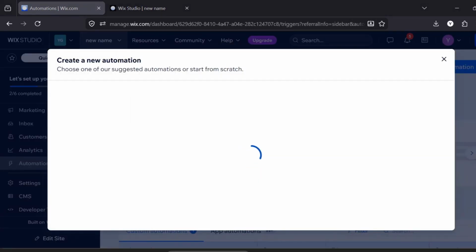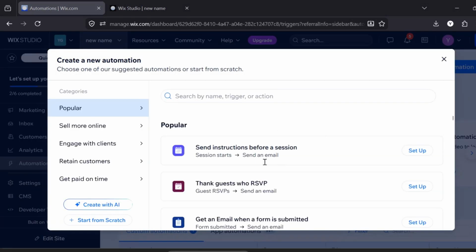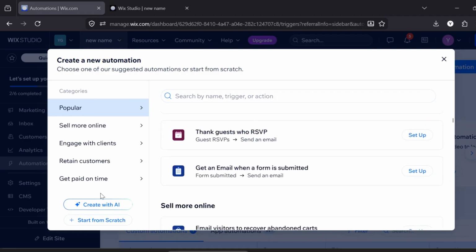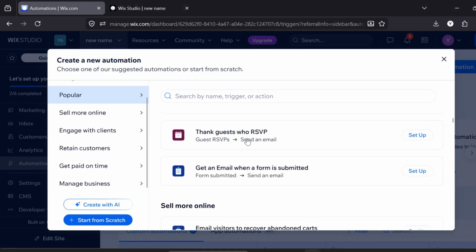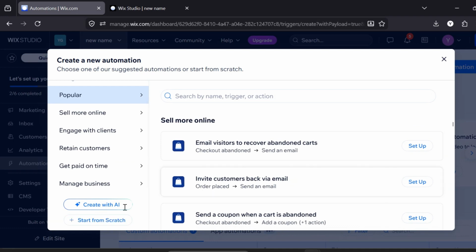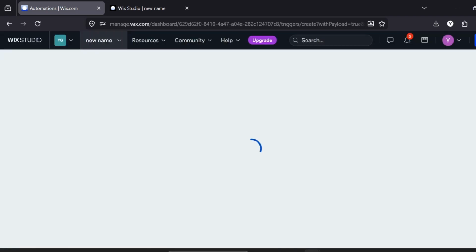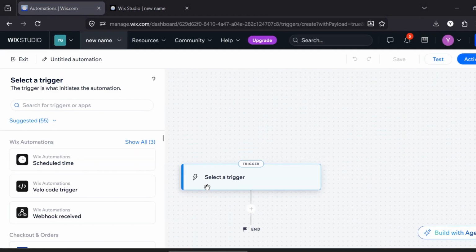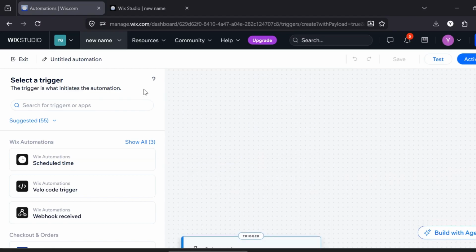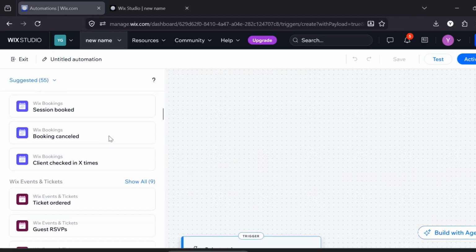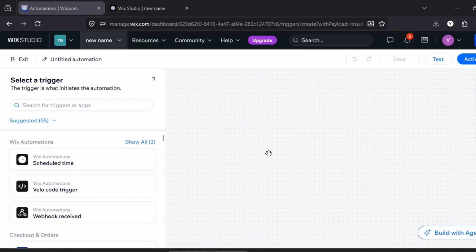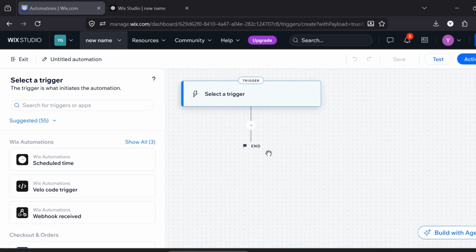You have two main ways to begin. You can click Start from Scratch to build your automation from a blank template, or you can use a suggested automation. These are specific to your business type and the apps you've added. The Automations agent is an AI assistant that turns your plain language requests into draft automations. You can describe what should happen, when, and the agent suggests an automation that you can open in the regular